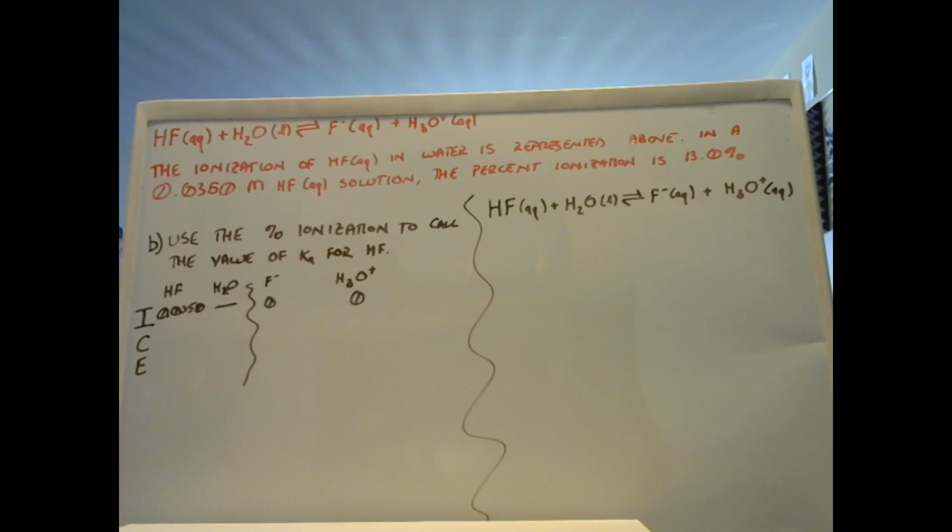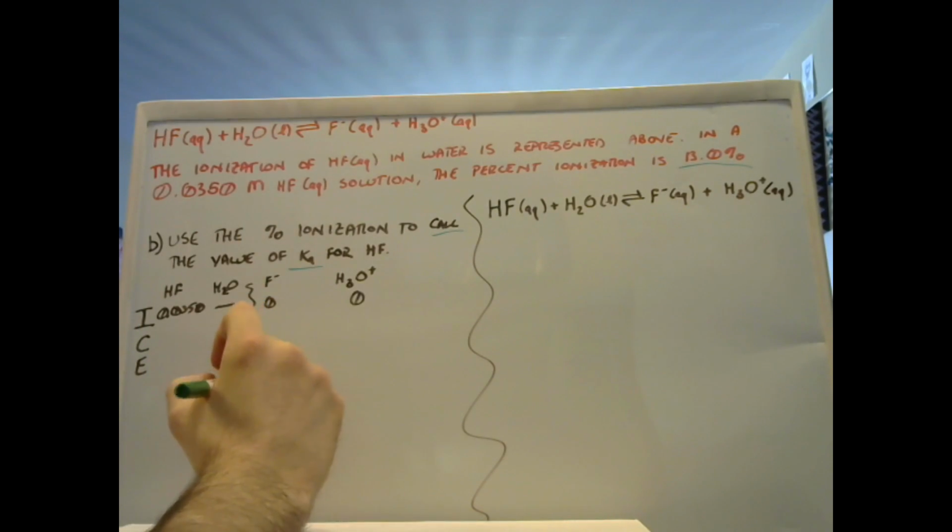Parts B and C get a little more math heavy. Let's start with B. It says use the percent ionization to calculate the value for Ka for HF. If we're calculating Ka, we're going to be using an ICE table. So what we need to do is go up to our percent ionization, which is 13%, and ask how we can use that. Well, the HF is going to split up into F minus and H plus, which will then attach to the H2O to make H3O plus. Long and short, this is going to go down, and these are going to go up. How much, however, is this going to go down by? Well, 13% of it is going to ionize, which means